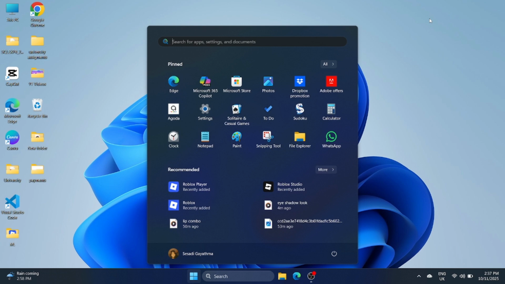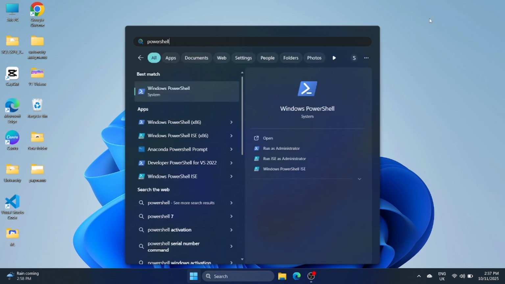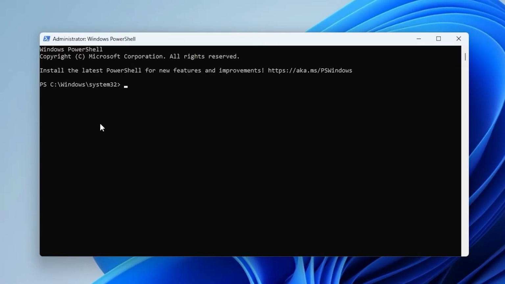So first, open up the Windows search bar and look for PowerShell. When it shows up, just run it as administrator. Now, once PowerShell is open, type this command carefully: